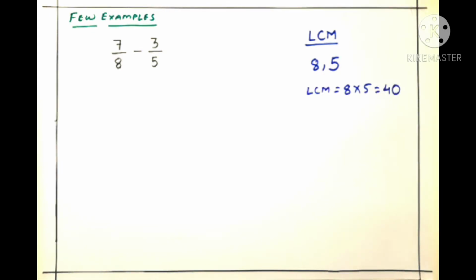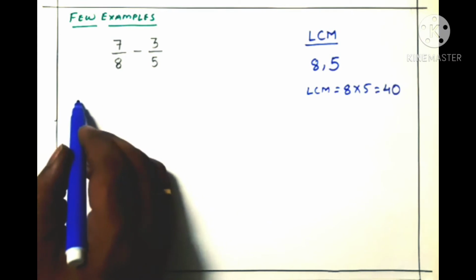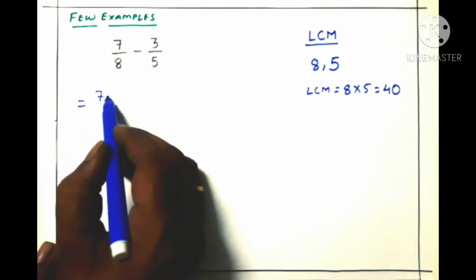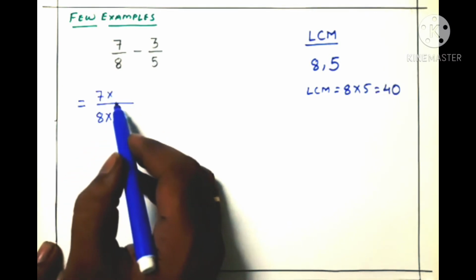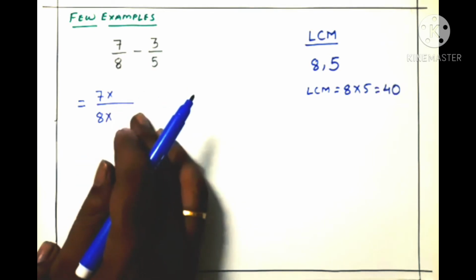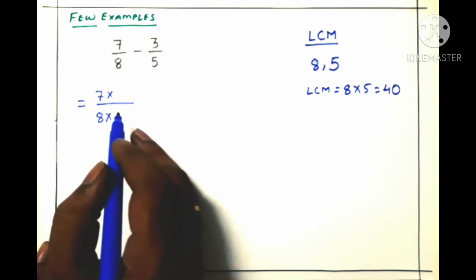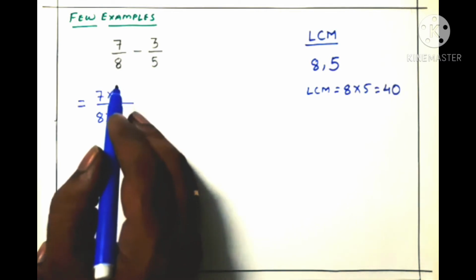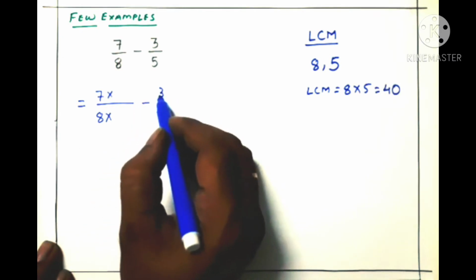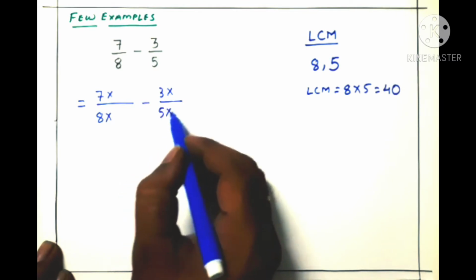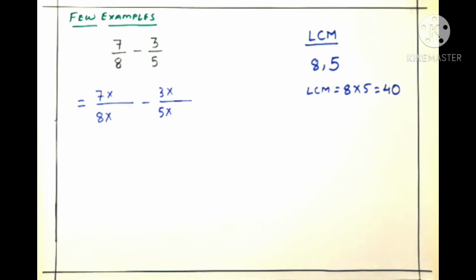So after getting the LCM, we will get ready for the equivalent fractions. So we'll prepare these fractions for the equivalent fractions. Like what we'll write, 7 times by 8 times. Here 7/8 is the fraction, and we are getting ready for the equivalent thing. And we know equivalent fractions means whatever number we multiply to the denominator, you have to multiply the same number to the numerator. Then we'll get the equivalent fraction of 7/8. Next, minus 3 times by 5 times. We do this step so that it becomes easier to calculate the equivalent fractions, and we get a clear concept of how to find the equivalent fractions and make the denominators equal.